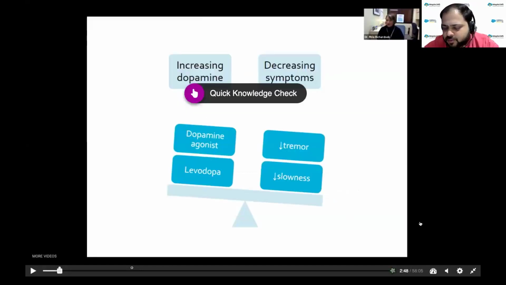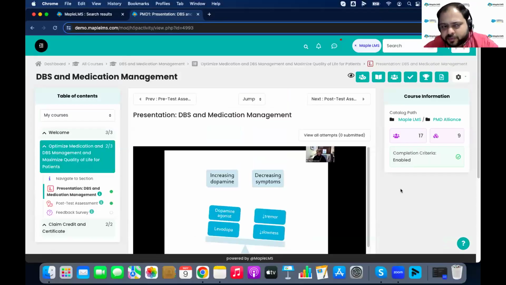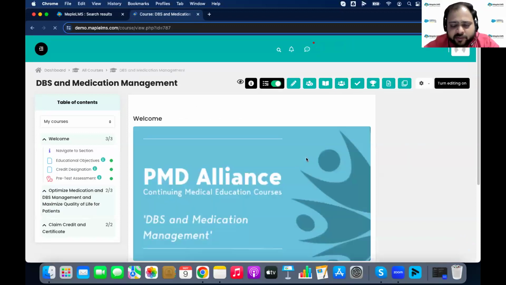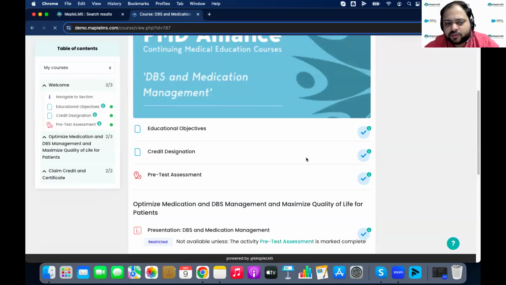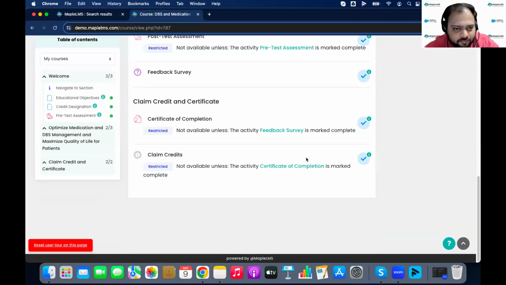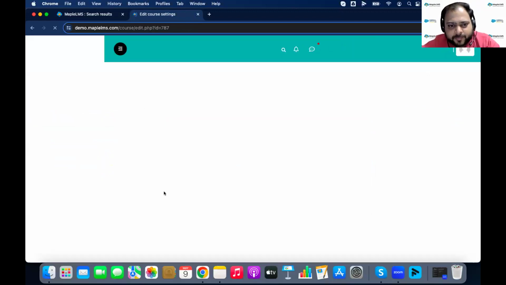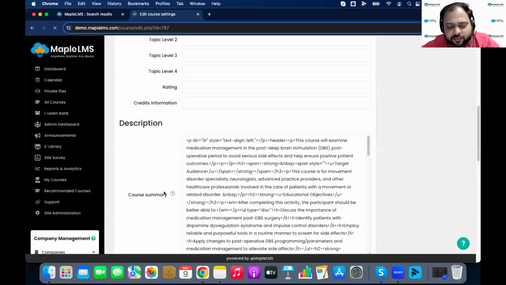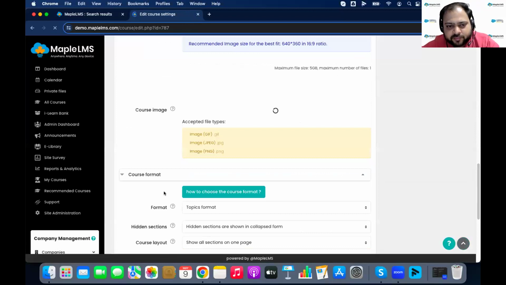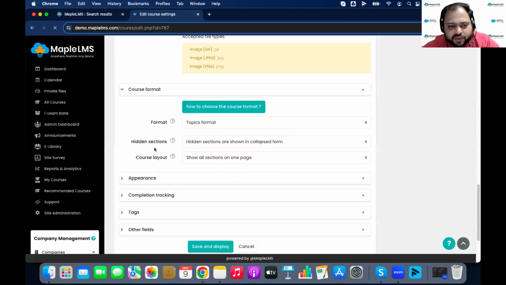So those are ways to layer interactivity. And then on top of that, if you particularly work with content files such as SCORM, then those could be easily added or uploaded within a course in MapleLMS. Also, if we go back to some of our settings within this course,